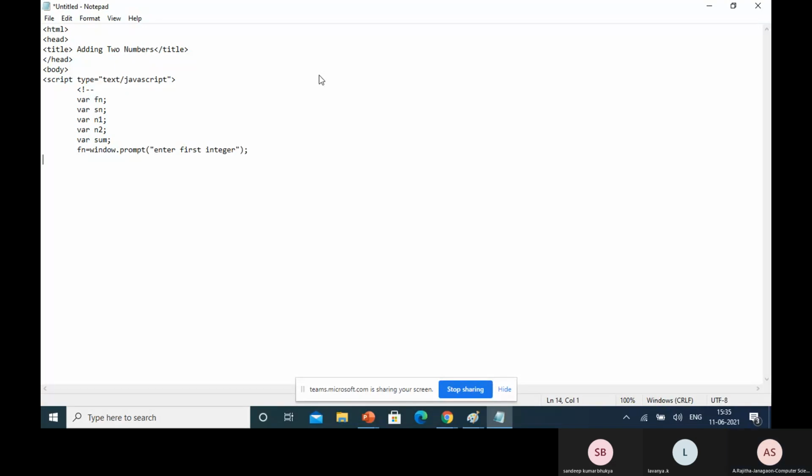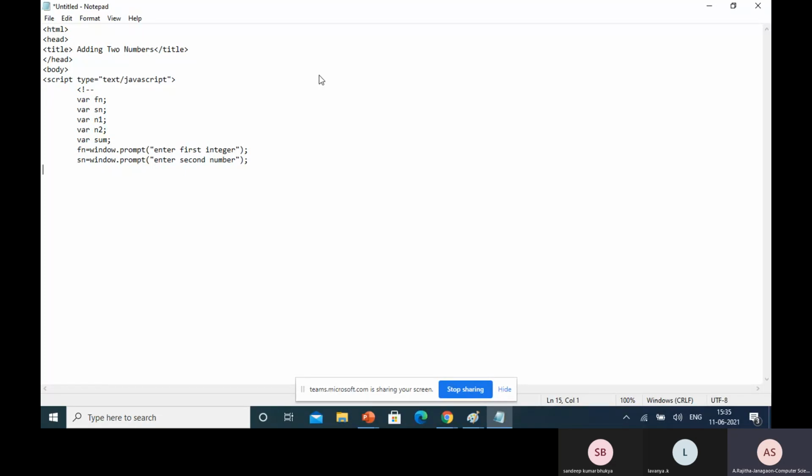Okay. Then next, you can read the second number by using window.prompt, Enter second number.